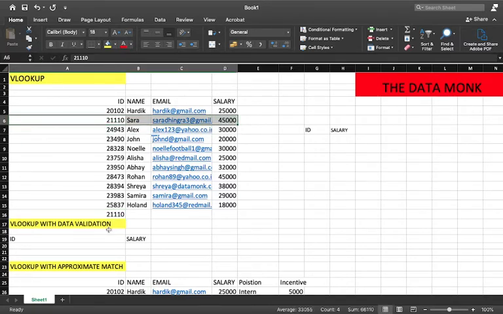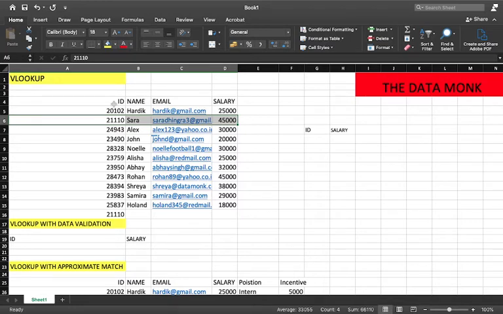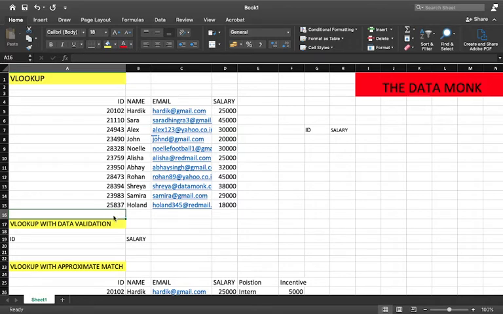So it won't give you an error or give you another value for 21110. It is going to fetch the first value that comes in the sequential order when going from upward to downward. So make sure whenever you're using the VLOOKUP function, your table doesn't have duplicate values.